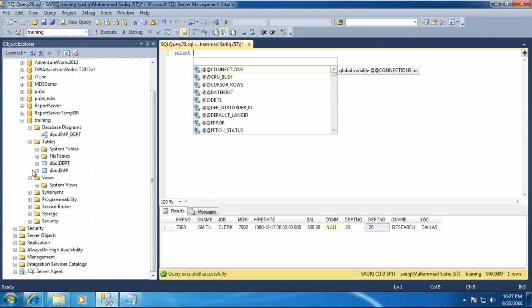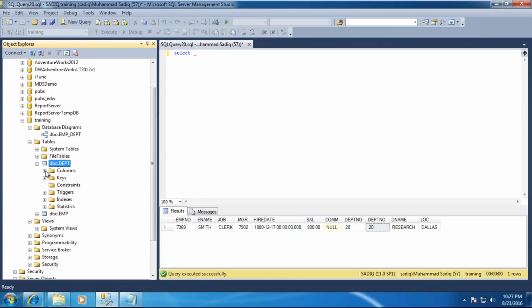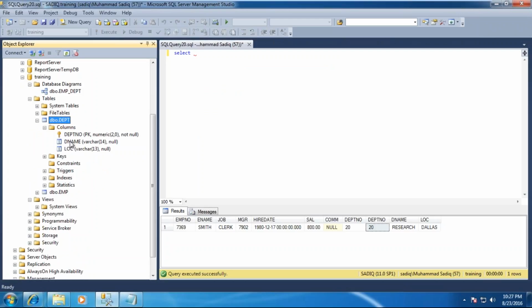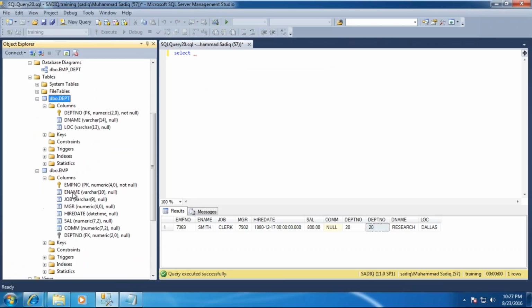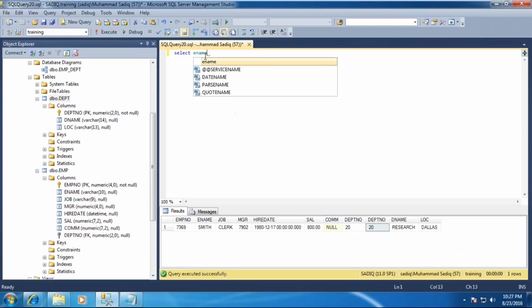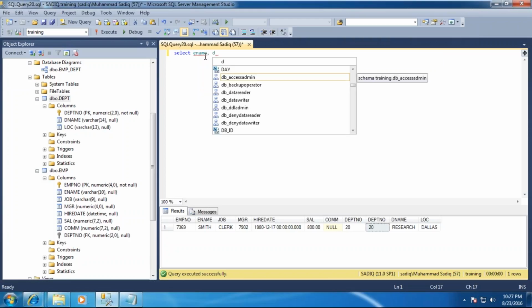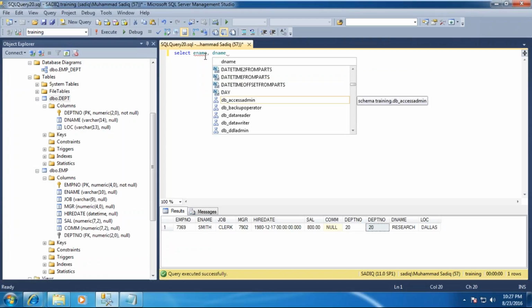Let's see the column names first. So in the department, I have the department name. In the employee, I have the e-name. So I'm going to write select e-name, comma, d-name